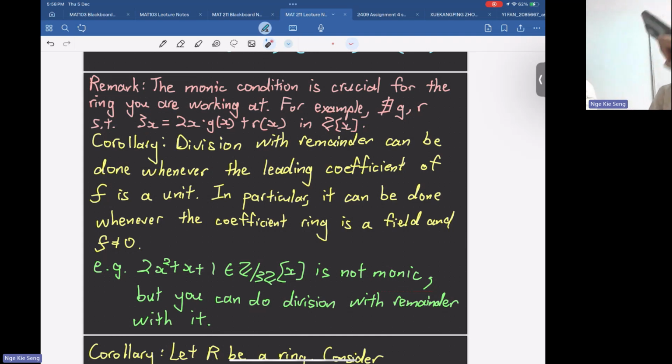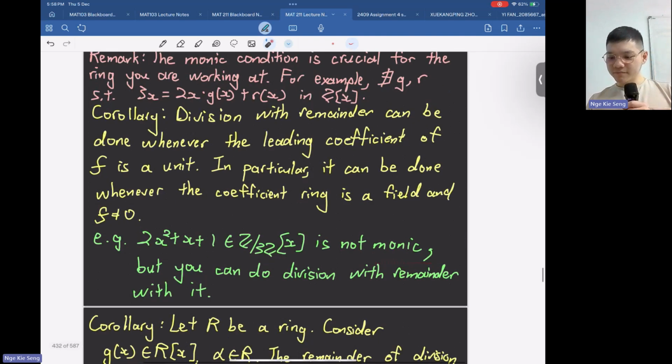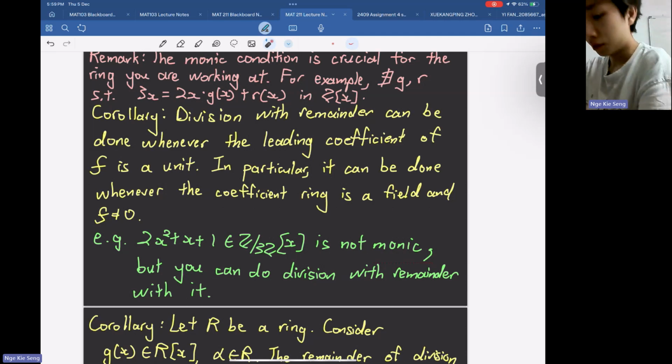你去看 order 的定义，它要有一条是如果 A 小于等于 B，那么 A 加 C 小于等于 B 加 C。比如说0小于等于2，但是你加了1以后，它不是小于等于，所以它不 order。Division of remainder can be done whenever the coefficient of f is a unit. Unit 就是说它有 multiplicative inverse，这样我就可以把它变回1，然后我就可以 transfer 所有的 R，就会拿到我要的 R。